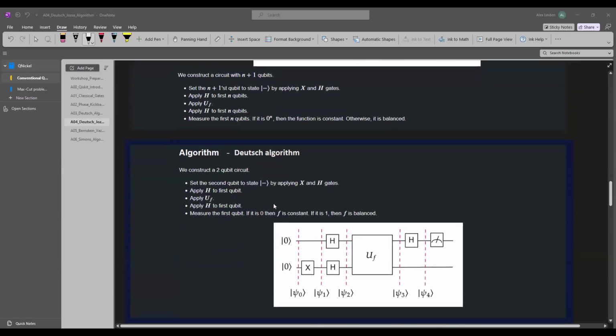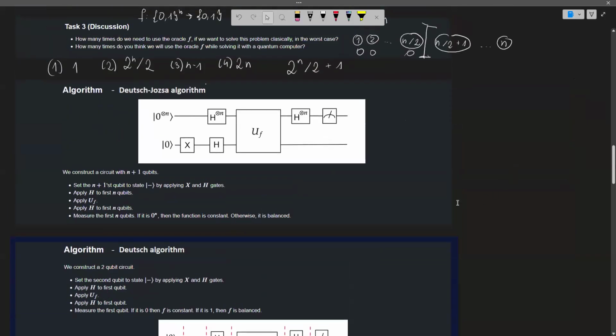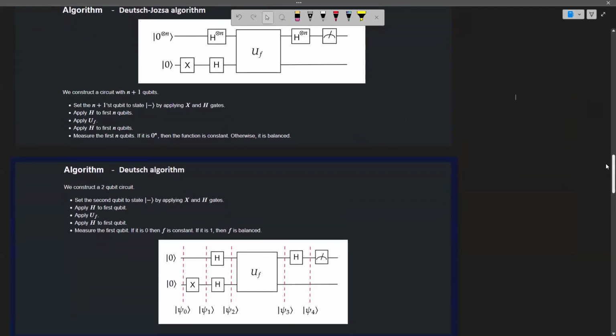So the similarity I hope you're noticing here is to the Deutsch algorithm. Let's compare them. We have the NOT gate here, 2 Hadamard gates,